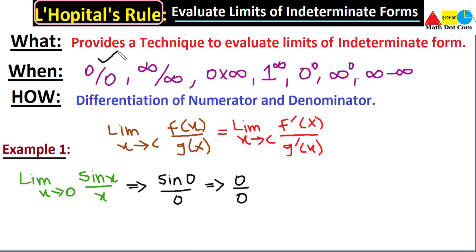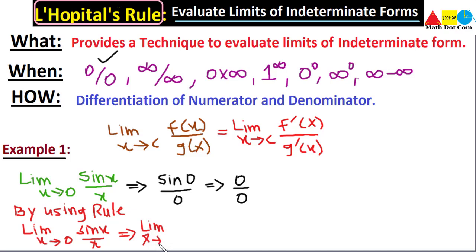So let's apply the rule and you'll see how it helps you out, by differentiating the numerator and the denominator. Limit x approaches 0 of sine x divided by x. Let's take the derivative of the numerator and the denominator. The limit, x approaches 0, will be as it is, and the derivative of sine x is cos x, and the derivative of x is 1. So by using differentiation, we have removed the denominator, and what we have is just cos x. Now we put the value of x as 0, it will be cos 0, which is equal to 1. So we have evaluated the limit which was otherwise not possible, or gave an indeterminate form.